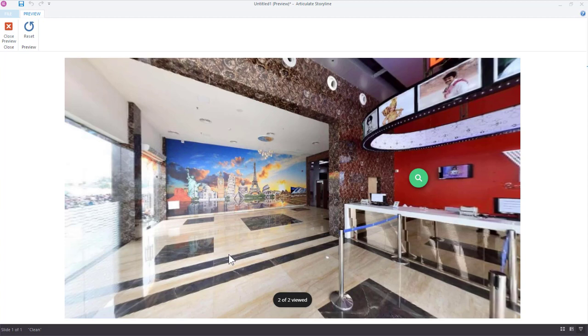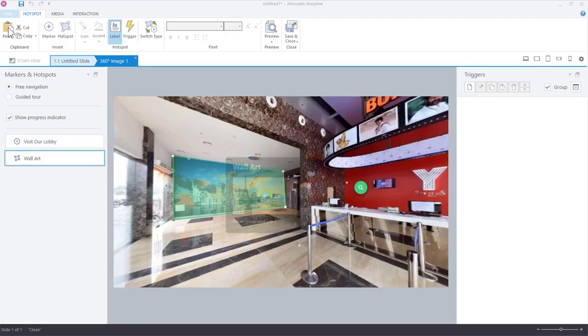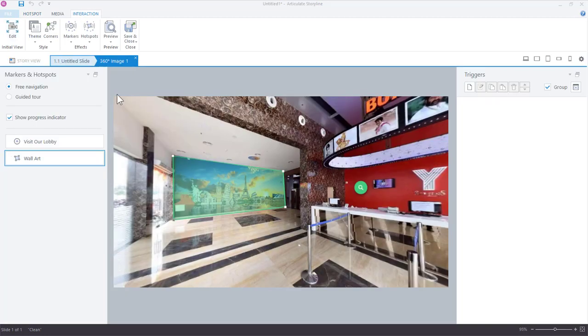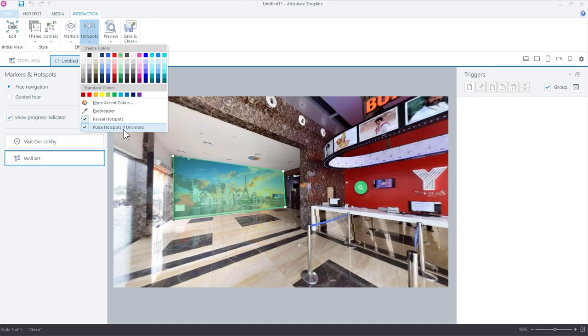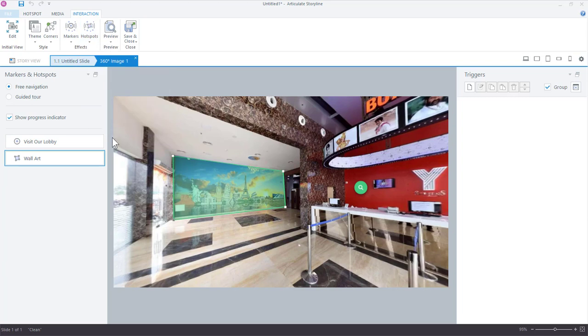If you don't want the pulsing effects, you can turn those off, and you can also turn off the shading or that colored rectangle that indicates where the hotspot is. I'm going to close out of my preview, and let's start with the rectangle. So under the hotspots, you can choose to remove the pulsing if you like, and also remove the reveal hotspots. So nothing will happen here. Even when I hover over it, I won't see that rectangle. And then the same thing for the marker. If you don't want that pulsing for the unvisited, you can turn those off. Now, real quick, you'll see we have the theme options here for light and dark. This ties into your modern player. So you have the darker color or the lighter. So everything is unified across your content, across your slides.